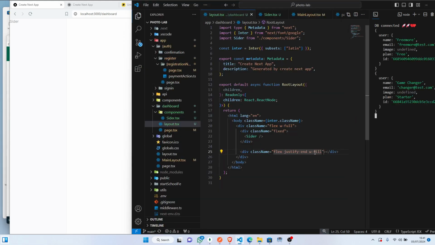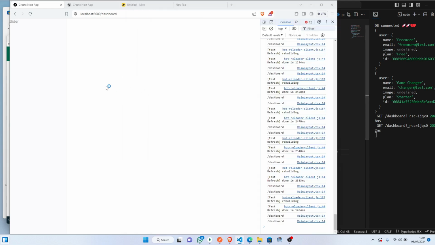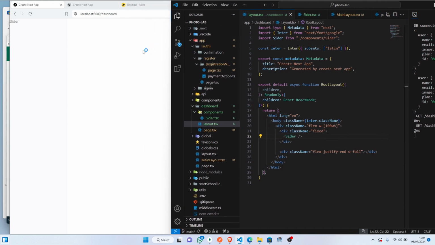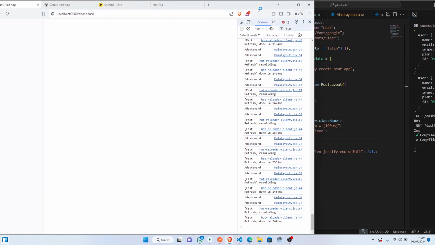If I say width full, right, meaning you go take this full width, but so make I give here like 100 vh or wh. Okay, so if I do 100 wh,